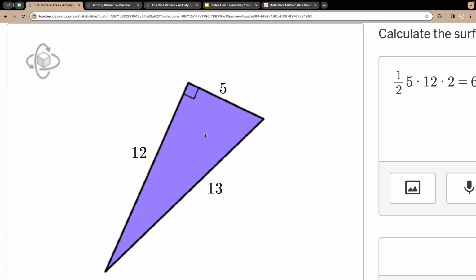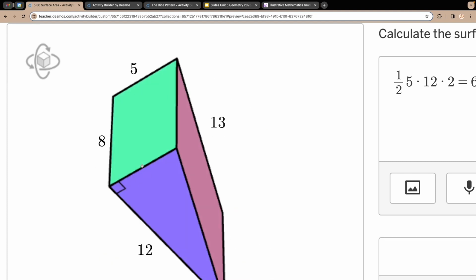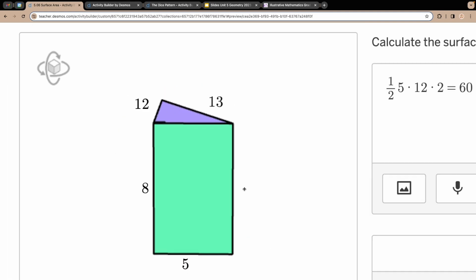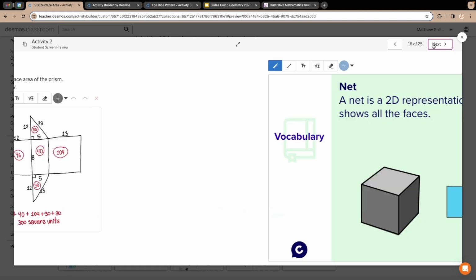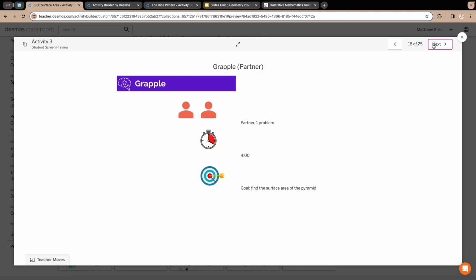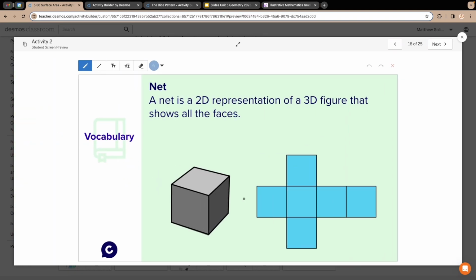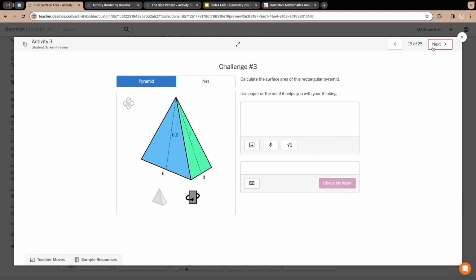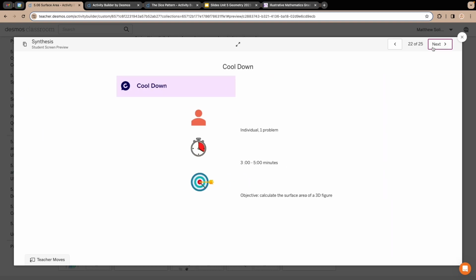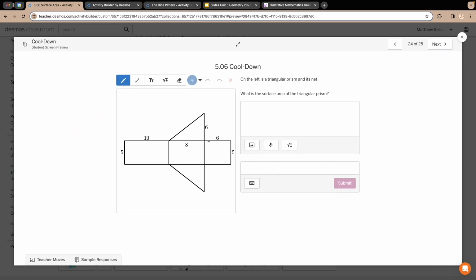Then we got to find the area of the 3 different rectangles. One thing that's really helpful is to have a net or a flat version where you can see all the sides. So on the cool down, you are given a net so you could see